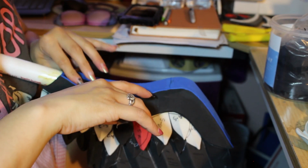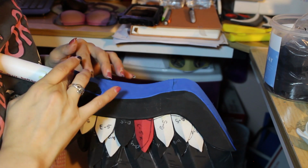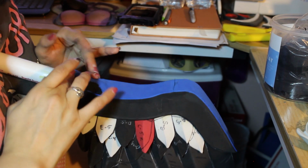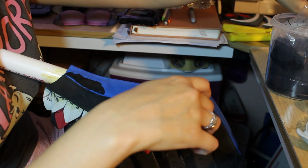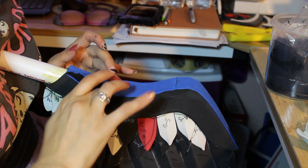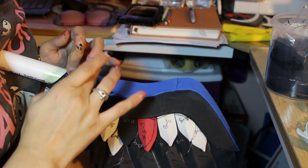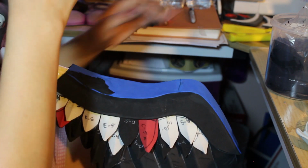So because I had to remove the foam and then put it back, it kind of messed up the 2mm foam piece there. If you do this to start with, you shouldn't have this problem, but since I didn't and I did it now and tore at that foam too much, it made it really weak and flimsy. It kind of just flopped around the PVC pipe and added in all these wrinkles at the top that I didn't want. So to fix this problem, I went in and filled in those folds and creases with